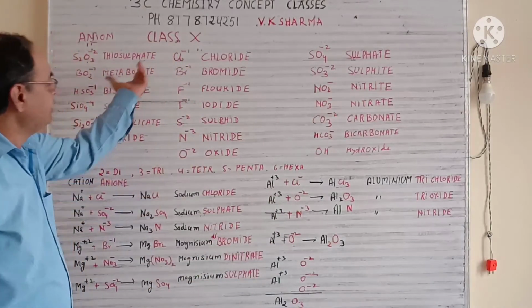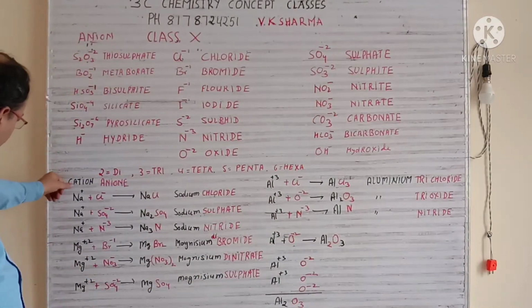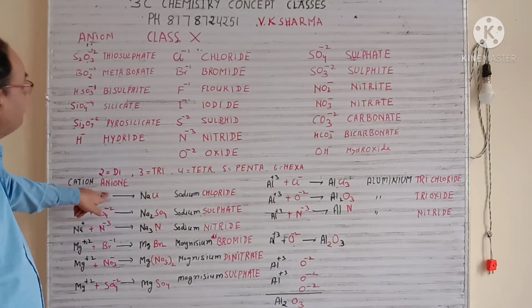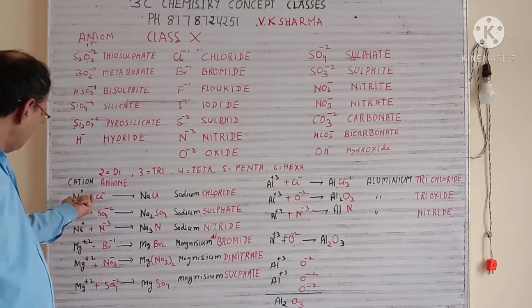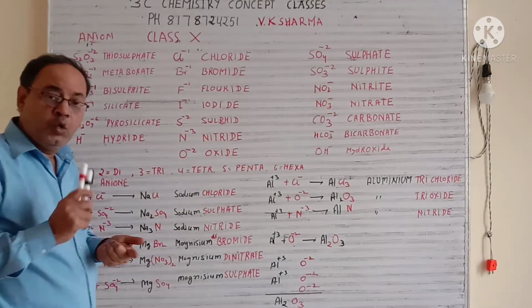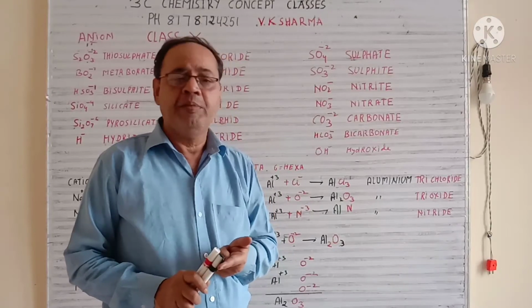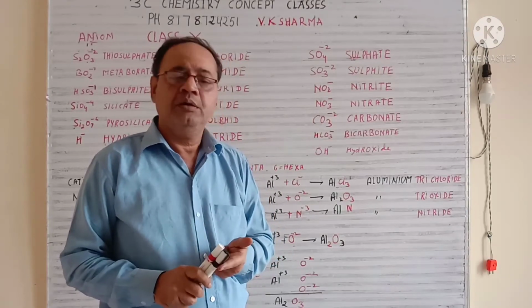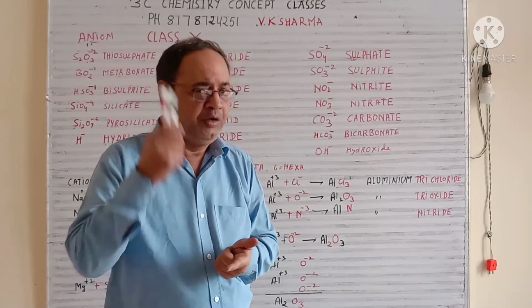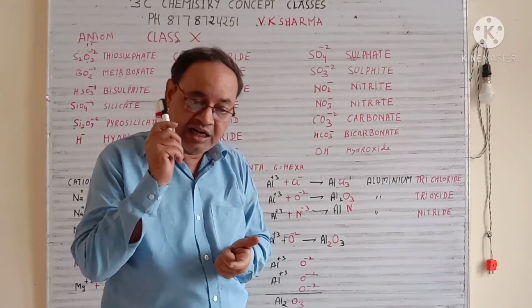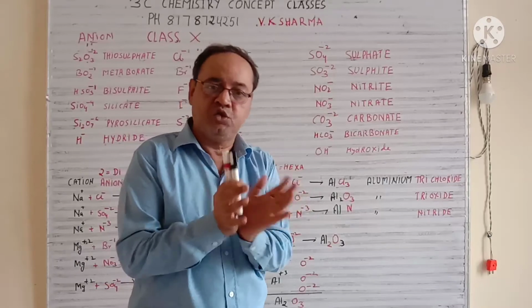Now, let's use all of this. Suppose I am putting sodium 1 plus, with chlorine, which is 1 minus. See, in nature, no charge can exist. Charge is a fourth state of matter which doesn't exist, and for its existence we need various methods. So, every system has to get neutralized, meaning the charge should be neutralized. So, the total charge should be 0.